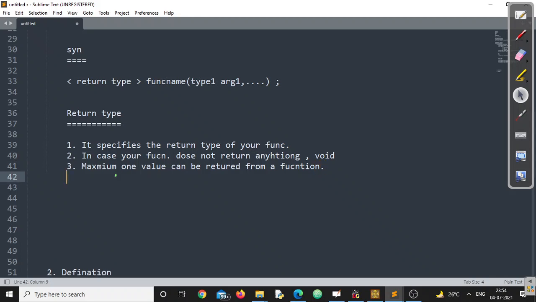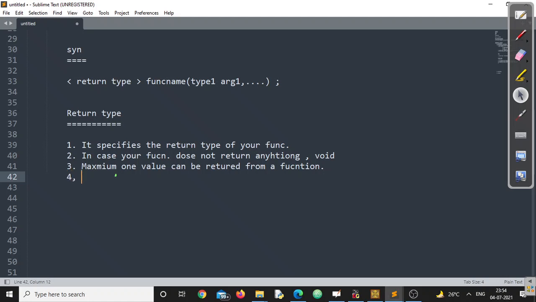But there is only one programming language in the world which can return more than one value from a function, and that is Python. Python has a different set of rules and regulations. We are not following that. So for the C programming language, we conclude that a maximum of one value can be returned from a function. Make sure you understand this point. This is very, very vital.